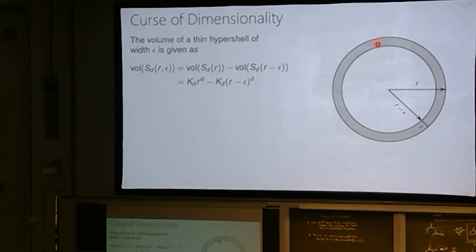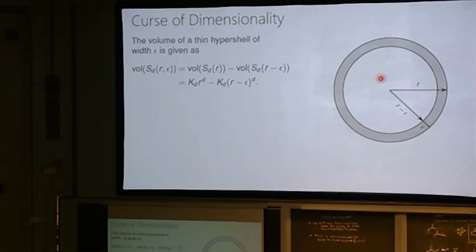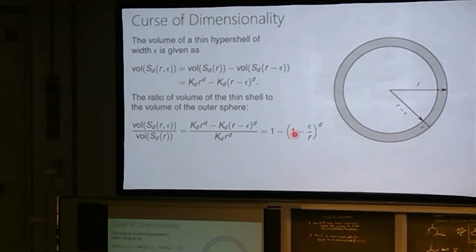So it's basically the volume of the full thing minus the volume without the inside bit in it. And we can just appeal to the formula from the previous slide to get the volume of that shell. And then we can say what's the ratio of that thin shell, so that's on the numerator, to the volume of the whole thing. So there's nothing fancy here. I'm just basically saying what's the ratio of the volume that lies in the shell compared to the whole hypersphere. And it turns out to have this formula, but quite simply, it emerges exactly from there,